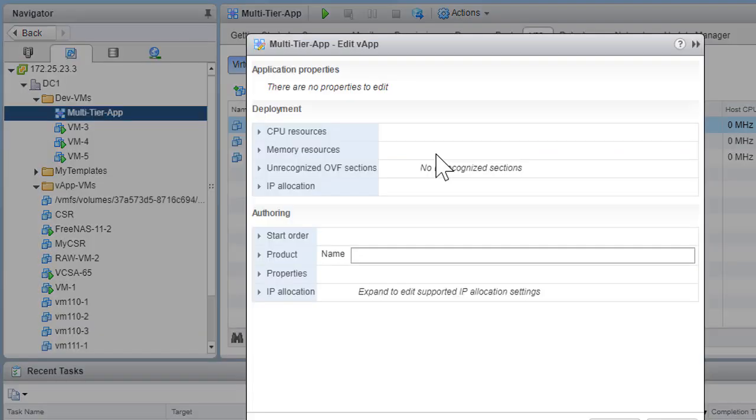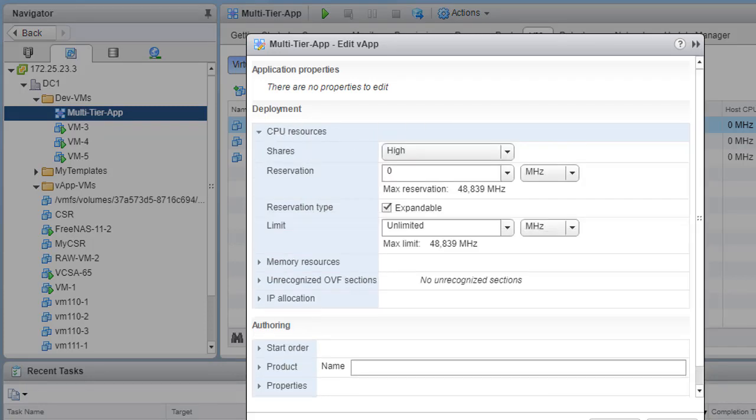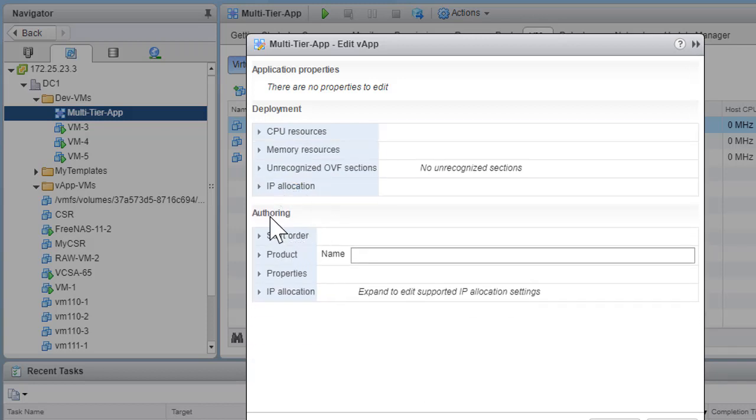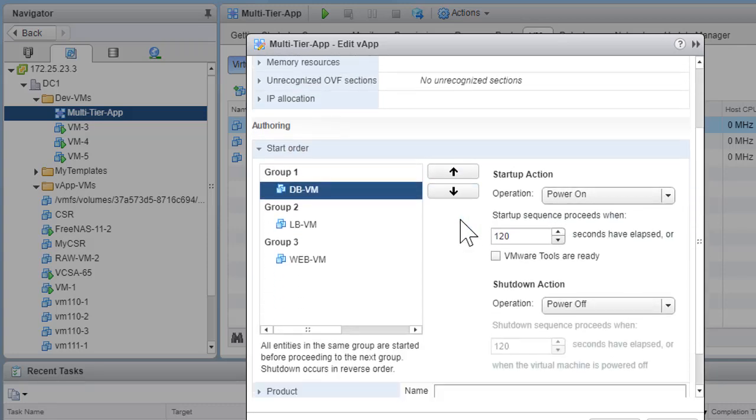On this edit settings page, there are a couple of things that we can configure. In terms of the resources, we can configure CPU resources and memory resources. If there is any IP allocation, that can be done too. Now let's go under the authoring part and take a look at the start order. Within the start order, you can see all of our 3 VMs are listed,